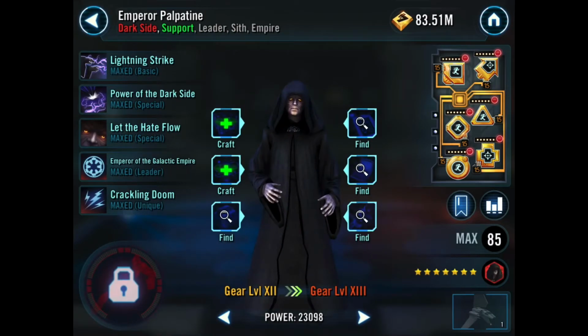Sticking with the dark side, we got Papa Palpatine, the Emperor himself, coming in at number 3. Now, you've got a couple of Zeta options on Palpatine. He's obviously a legendary. He's going to be one of your first legendary unlocks along with Grand Master Yoda, and the place that you want to be spending that Zeta, and this is going to be probably your second or third Zeta spend because it is a really good one for early in the game,